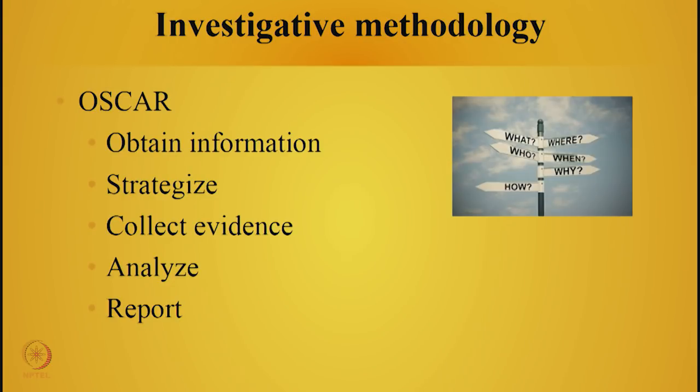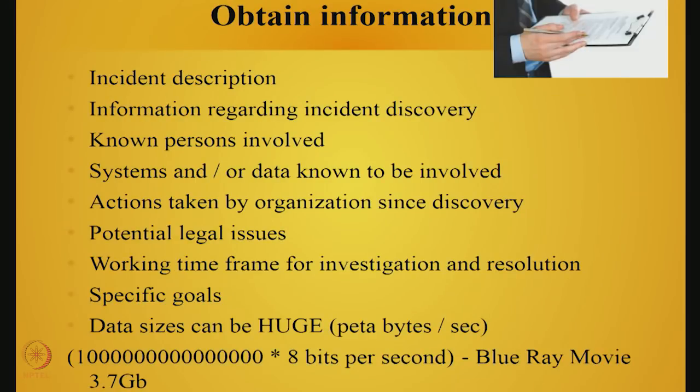One, you obtain information. Two, you strategize, three, you collect evidence, four, you analyze, and five, you report. All these things you do so that it forms legal evidence. That means not even at one point should there be a leak; whether obtaining the information or strategizing, everything should be authentic. So, what is obtaining the information? You should have a brief description about the incident, what has happened, how a hack has happened, etc.,